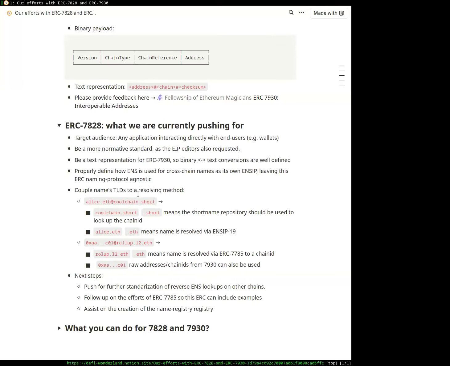And we actually strapped some semantics on top of this hierarchy. The idea is that the top level domain defines how you are supposed to resolve that name into something that's not ambiguous and that you can follow and dereference back into a chain ID or into an address.